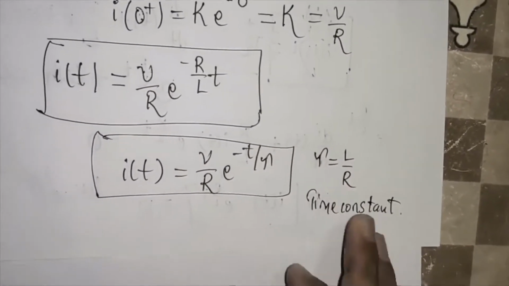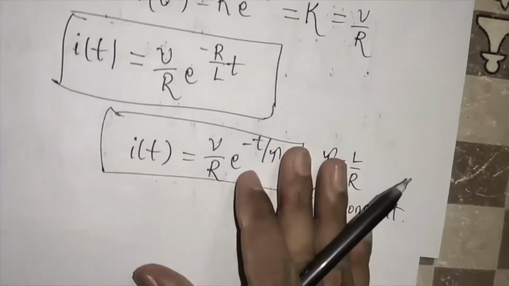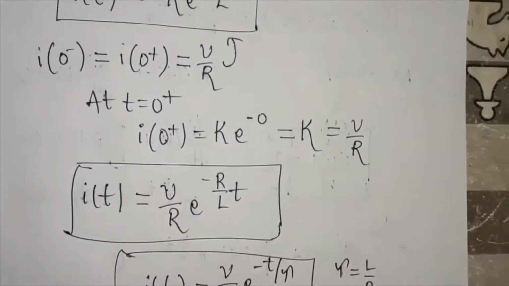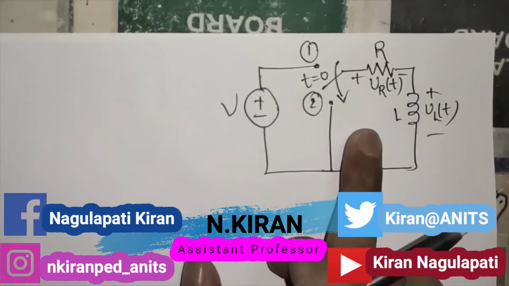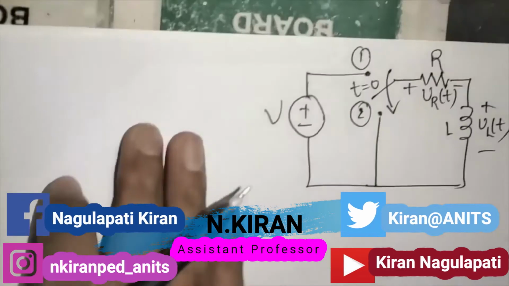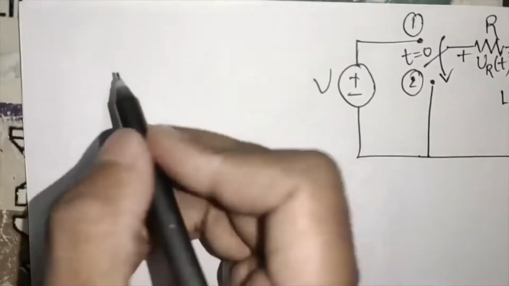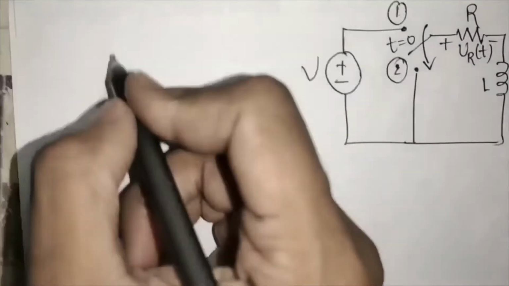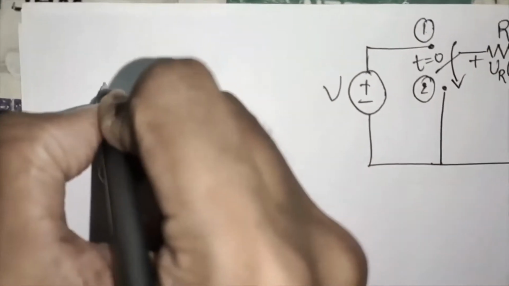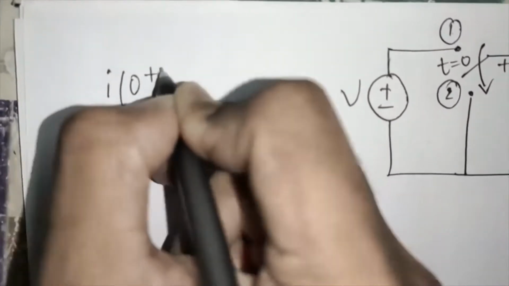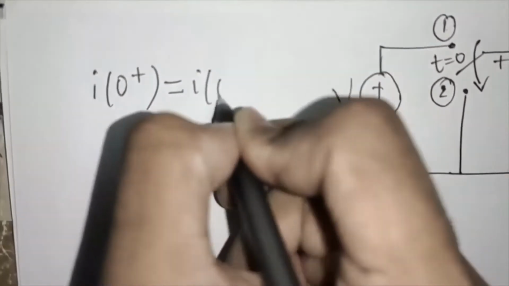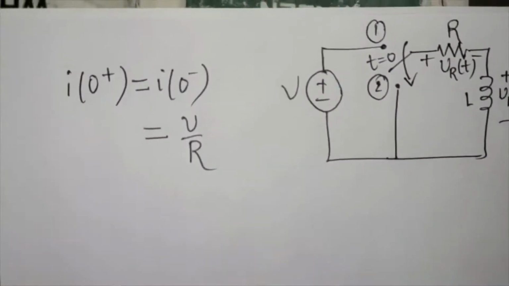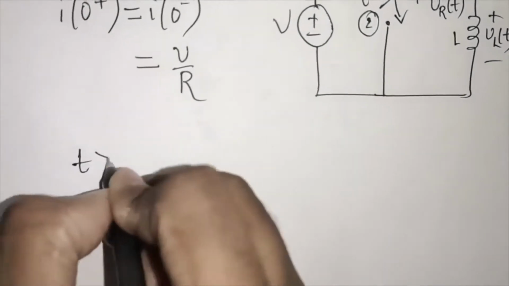Now we shall derive the same expression using the Laplace domain method. Let us consider the same circuit. Since we have already derived the initial conditions, I will not repeat again. In this case, the initial condition, that is I of 0 plus is equal to I of 0 minus, which we have obtained as V by R. So at t greater than 0,